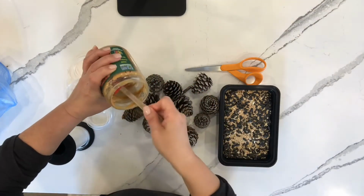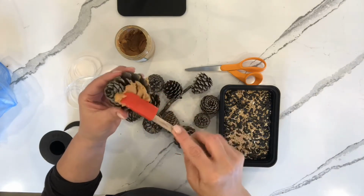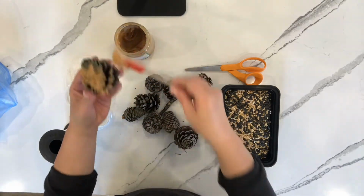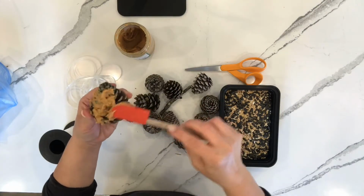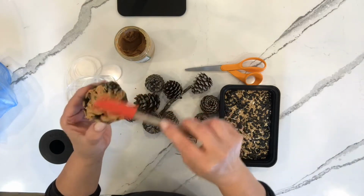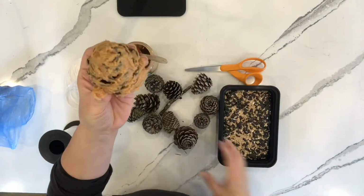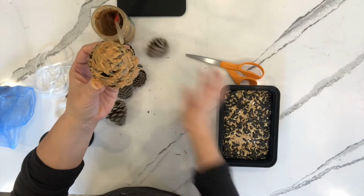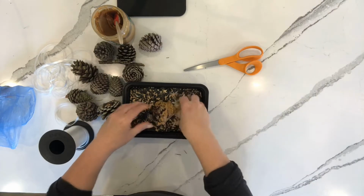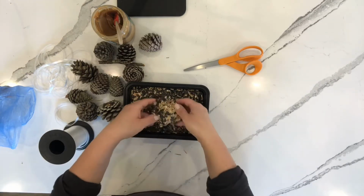All we're gonna do is take a little bit of peanut butter, and we're going to take one of those pine cones and just basically coat the outside with the peanut butter. And of course this peanut butter now will be solely used for bird seed because I double dipped my spatula into it. And now that I have my entire pine cone covered in peanut butter, you guessed it, I am just going to simply roll it around, kind of like you're breading chicken cutlets. You want to get all of the surfaces covered,